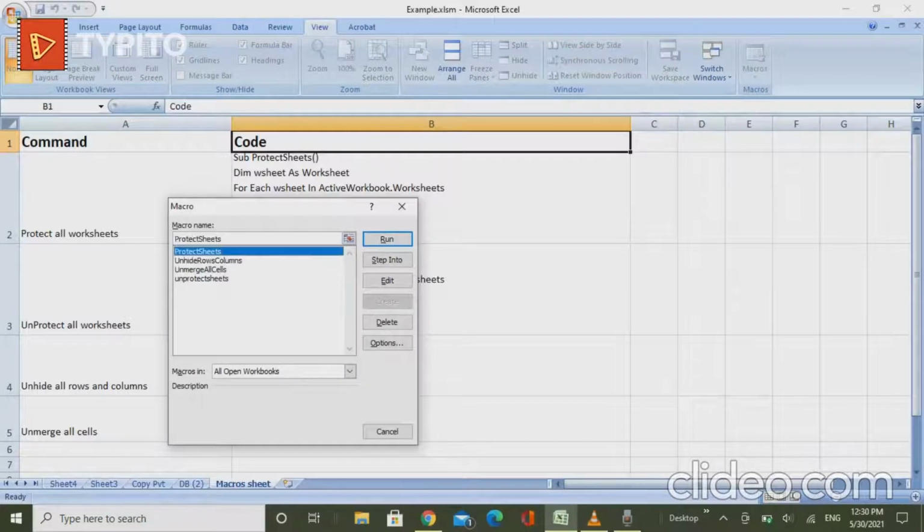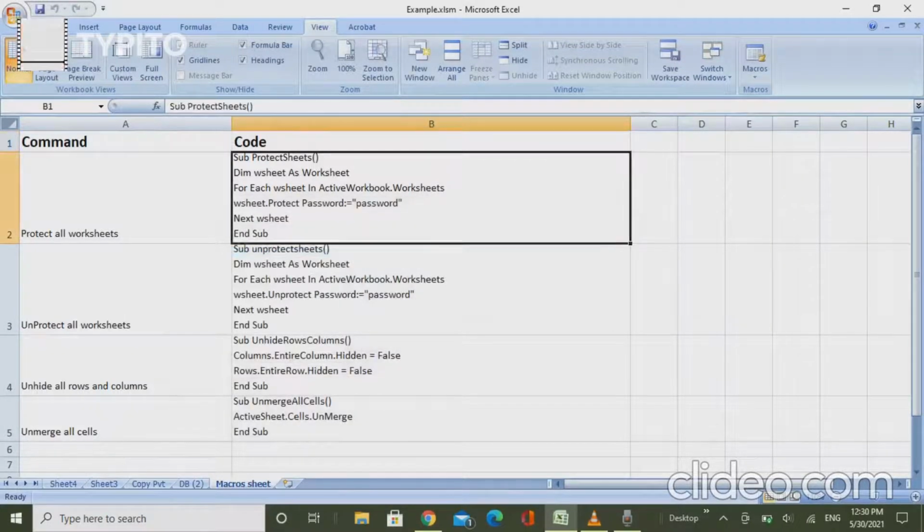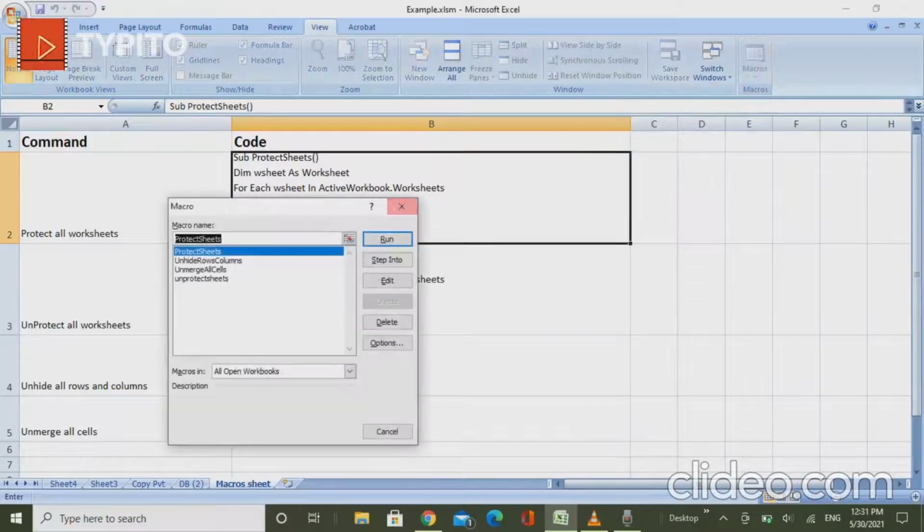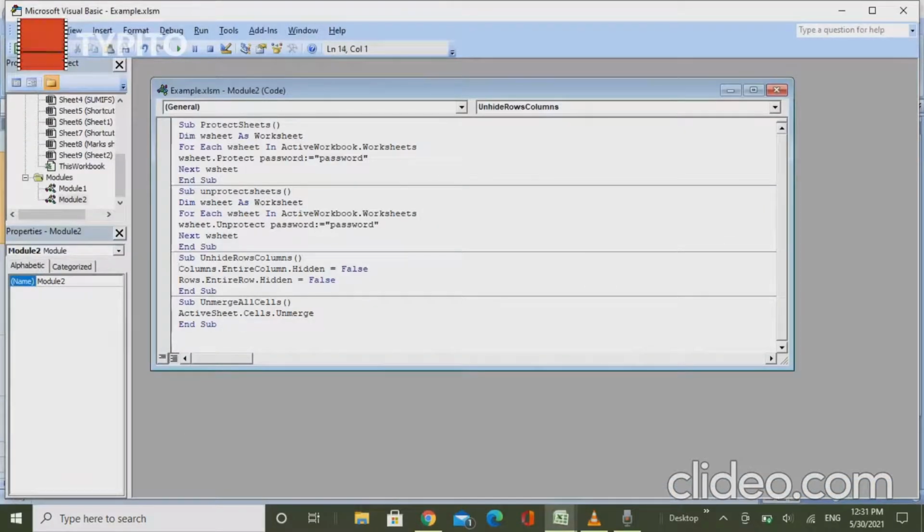Okay, and the next thing is how to edit a macros. So I'll go to the macros and simply press the edit button on the right side here. So I'll be able to edit the same macros. So if you want to make any change in it, you can do that by doing this. And